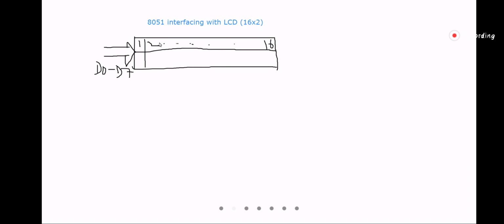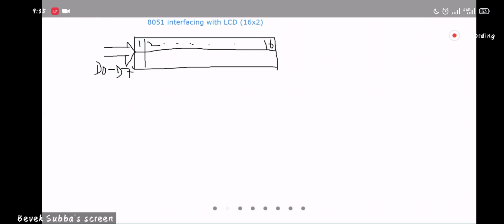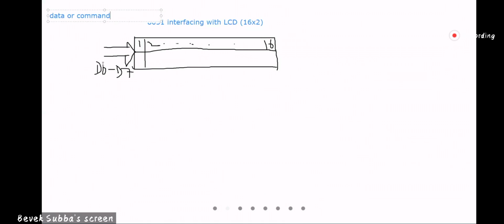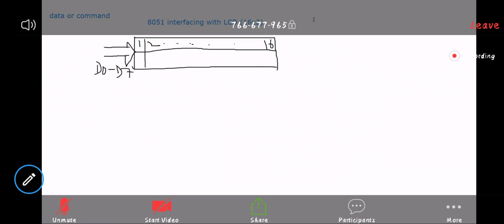Like for example, that data might be a simple data or a command. D0 to D7. It can be data or a command.